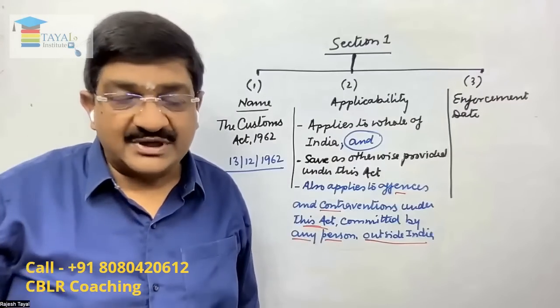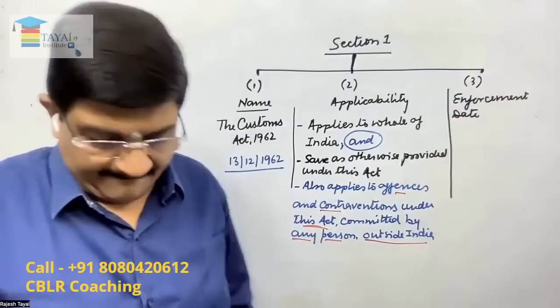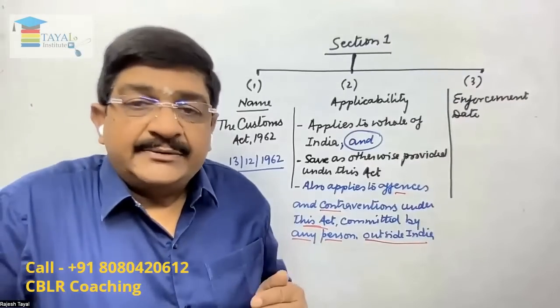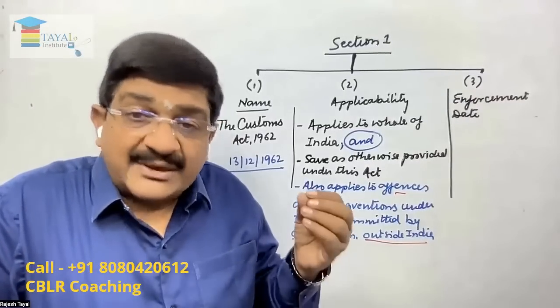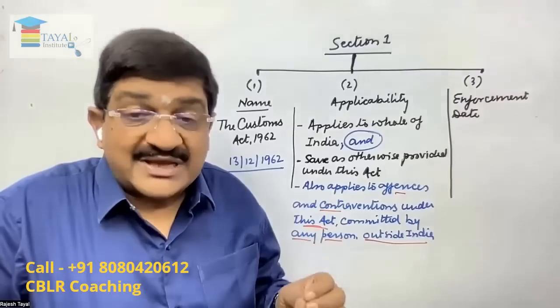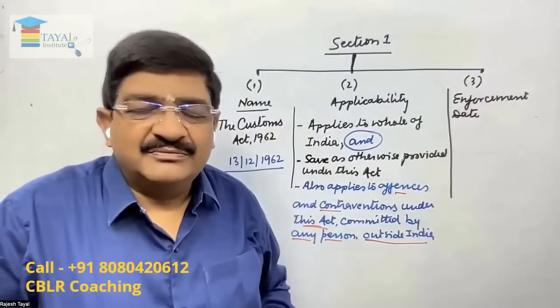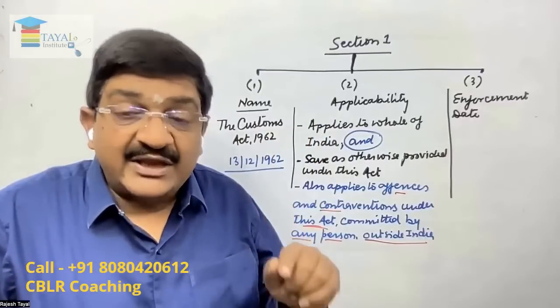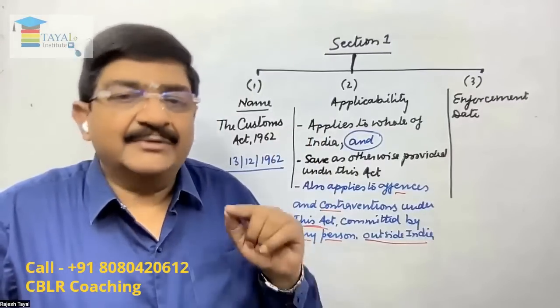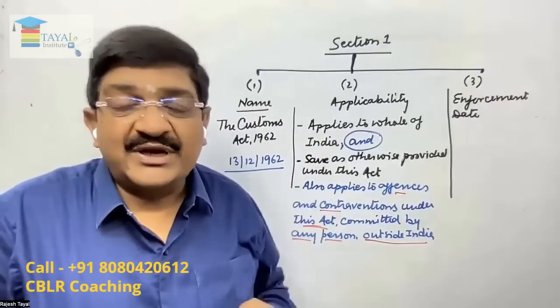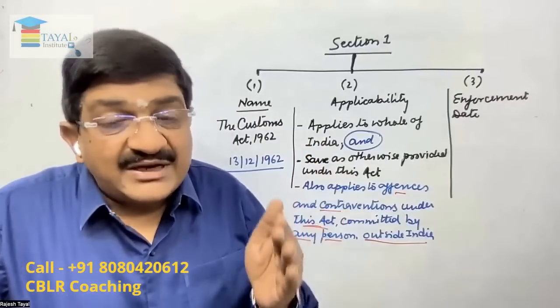What about the offenses or contraventions committed outside India? Let us take an example. Any vessel is coming to India from outside India, and some narcotic drugs or psychotropic substances have been hidden in the vessel by any person. Right now, there is a vessel in which some illegal things have been hidden. Where that incident has taken place, that is outside India. But the moment the vessel enters India,